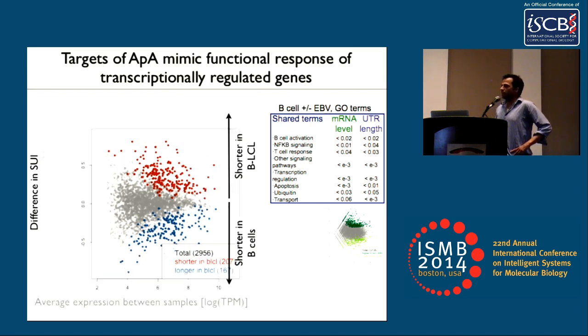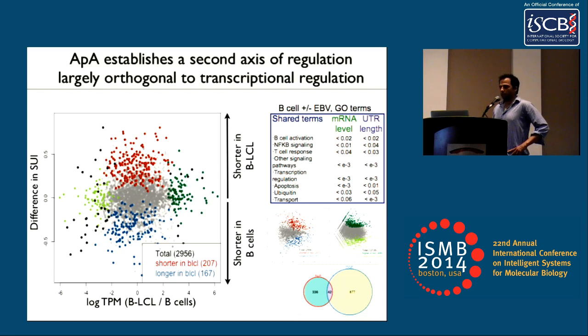The perhaps more striking thing is when you combine the visualization of these two. So what I've done here is I've taken this plot, and the x-axis is now this north-south transposed. So as we go right to left, the gene is higher in BLCL versus B cells and lower. And what you see is the genes that are changing transcriptionally during this transformation are largely mutually exclusive from the genes that are changing their relative short versus long isoform usage. So it's as if APA is establishing a secondary axis of regulation, which we're blind to when we only look at differential expression, but the genes affected by both are reinforcing each other in terms of the functional program that